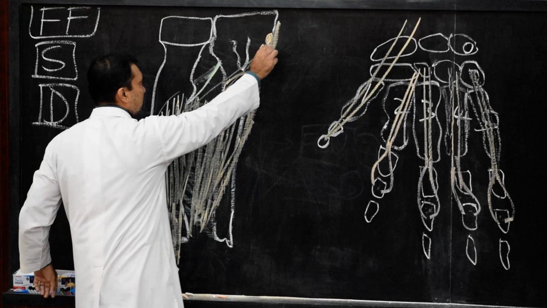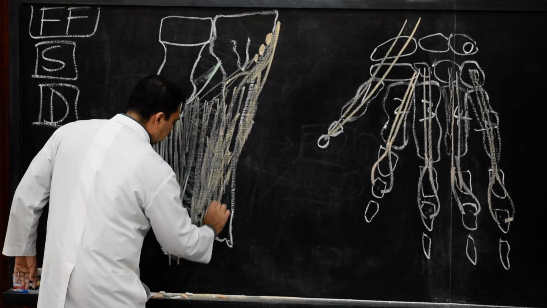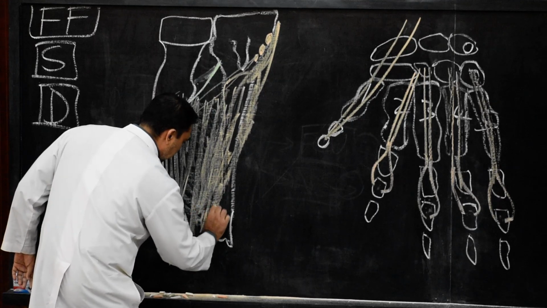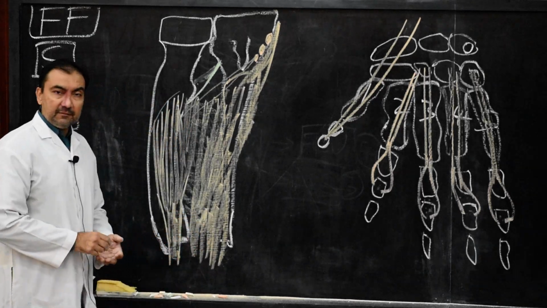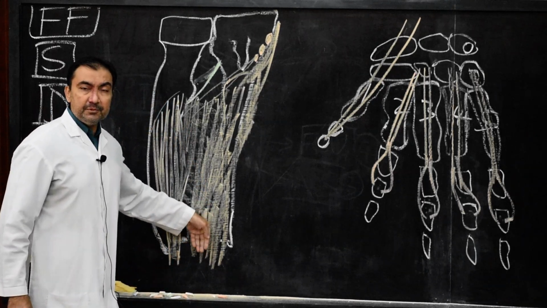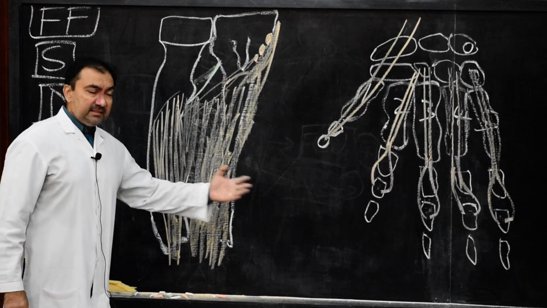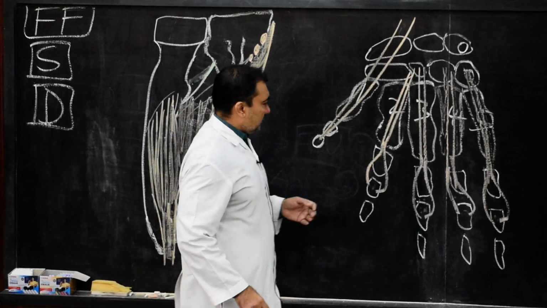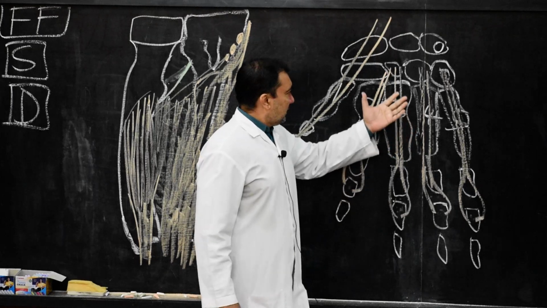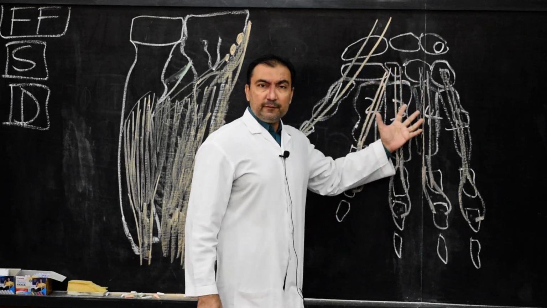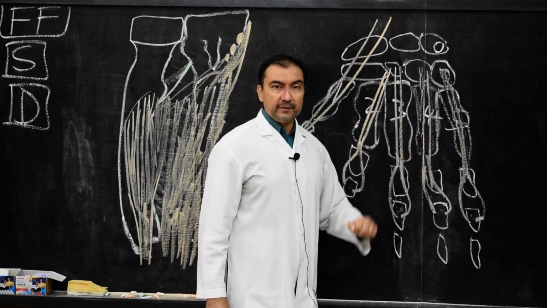So this is the flexor digitorum profundus muscle. This entire muscle which serves as the bulk will be flexor digitorum profundus. Now once again it will pass deep to the flexor retinaculum. What will be the insertion? Please come on this side. The insertion of flexor digitorum profundus will be on this side. It will split into four tendons, just like flexor digitorum superficialis, for the index, middle, ring, and little finger.